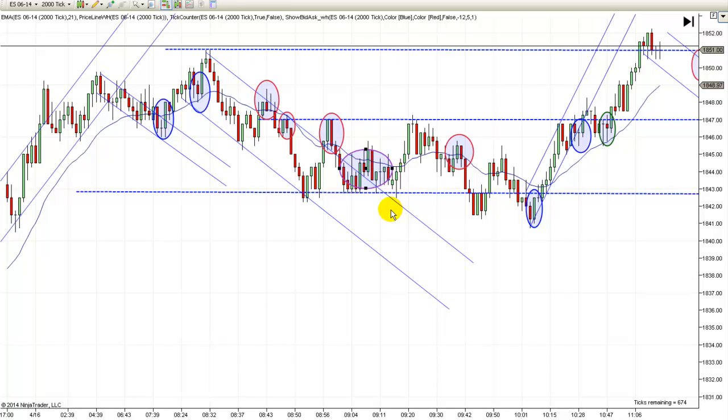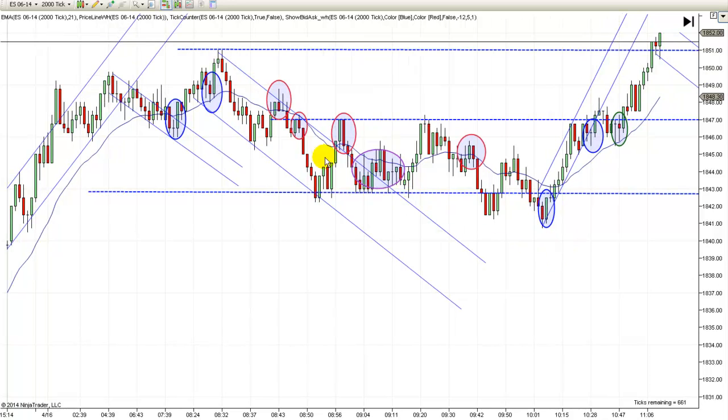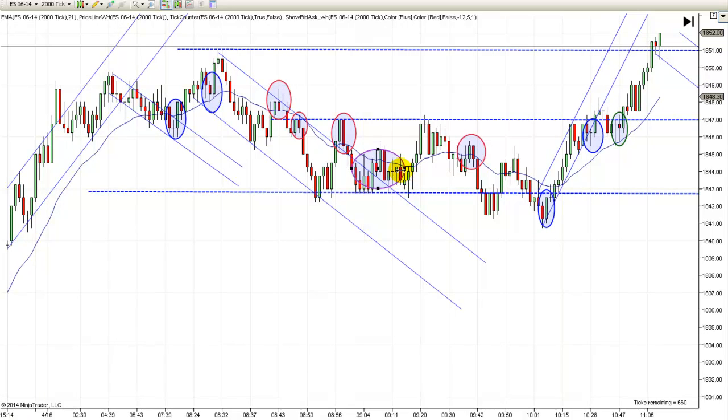But because of all that overlap, I think you're better off just to wait and see what happens, because you're trying to make a new low. And notice we don't have one yet. And we had to go higher and then come back down and get the new low. And we made another push down to a final new low before we actually started rallying out of there. So the fact that this broke lower